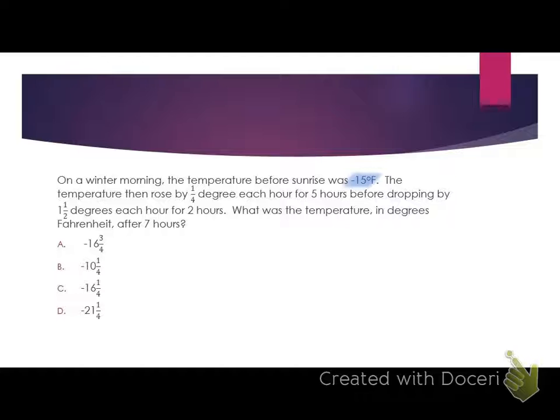We started at negative 15 degrees Fahrenheit, then we rose 1/4 degree every hour for 5 hours, and then dropped 1 1/2 degrees every hour for 2 hours. So we can list this information out. We started at negative 15 degrees, we then rose 1/4 degree for 5 hours, and then we dropped 1 1/2 degrees for 2 hours. If we carry out that multiplication, then